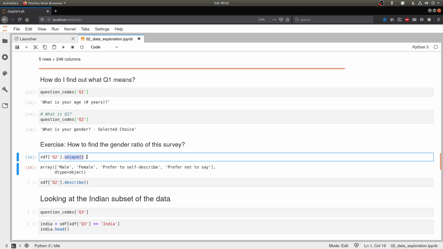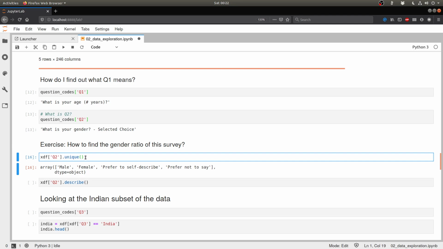So this is a method that is already built into pandas. Use it whenever you can. Whenever you find yourself writing too much extra code, that's probably a good signal that you might just want to look up the documentation and try to find something that does the job for you ready-made. So there it is. These are all the unique genders.